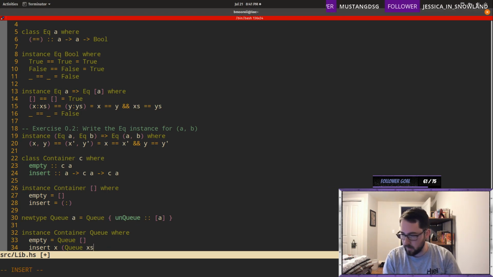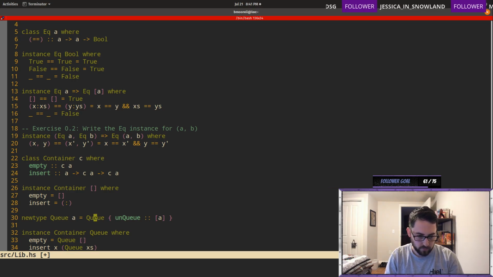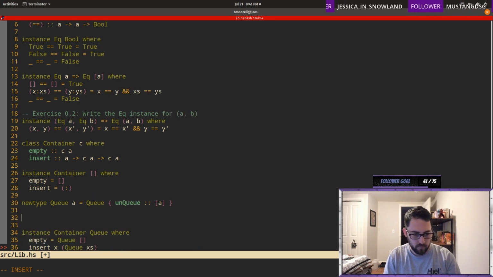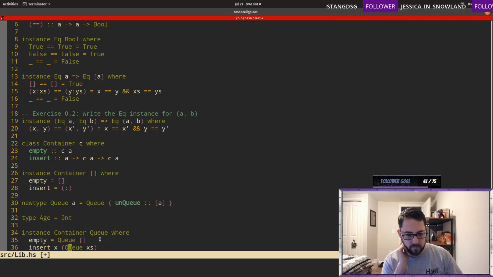So a type, I'll just show an example. If you write type age equals Int, this is just a hint to the compiler that every time you write age, you mean Int. But a newtype takes a parameter.